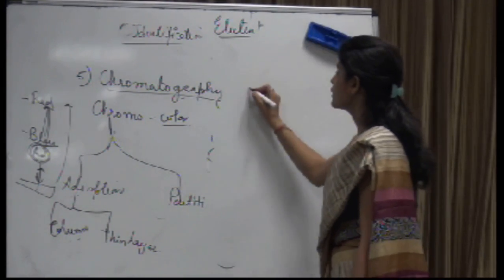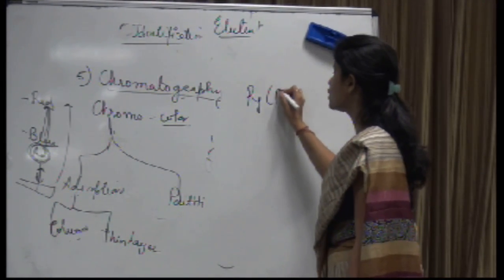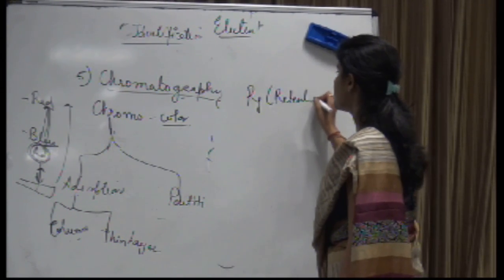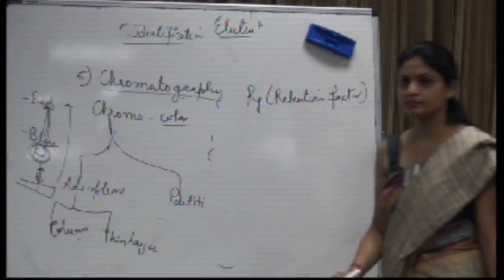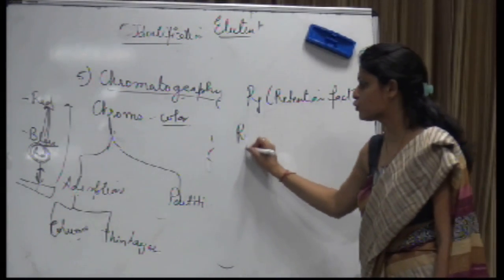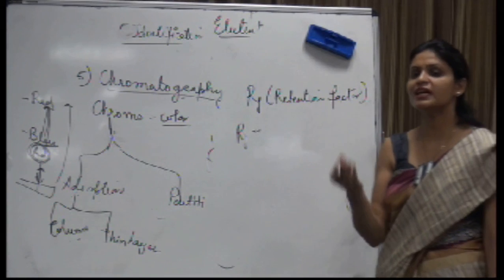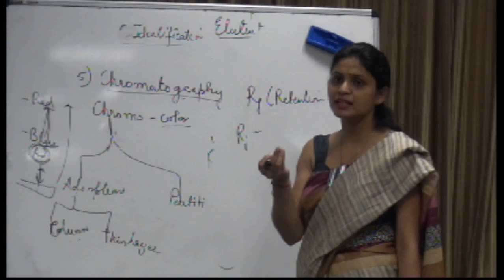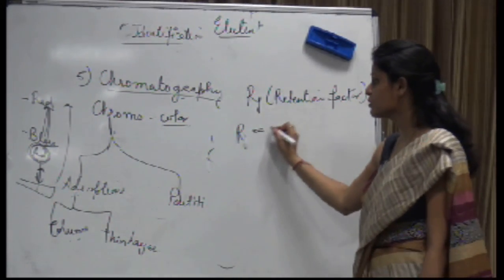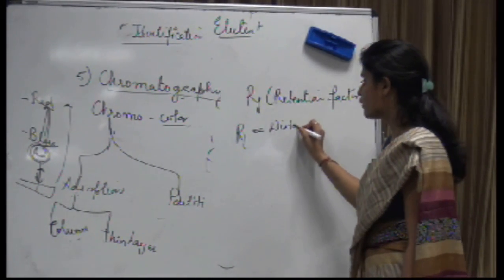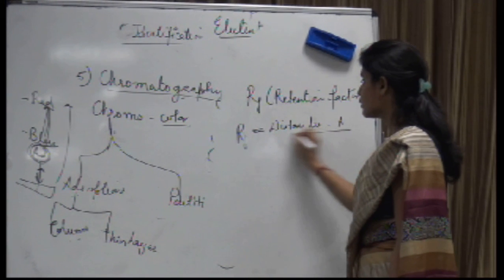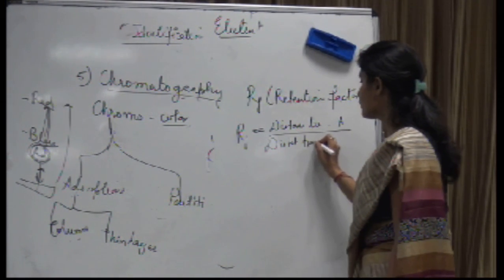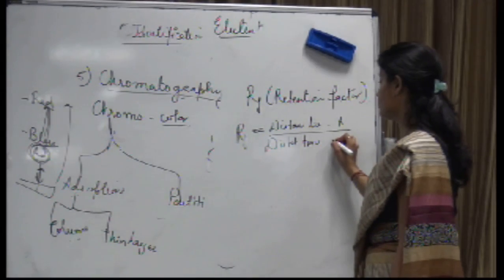You can also use the retention factor. Rf means retention factor. How do you find retention factor? What is retention factor? The more the compound stays at the adsorbent, the higher it is. Retention factor is the distance travelled by the component over the distance travelled by the eluent,